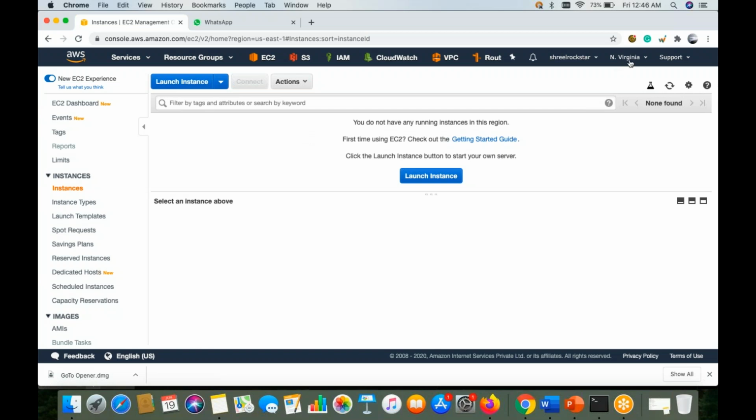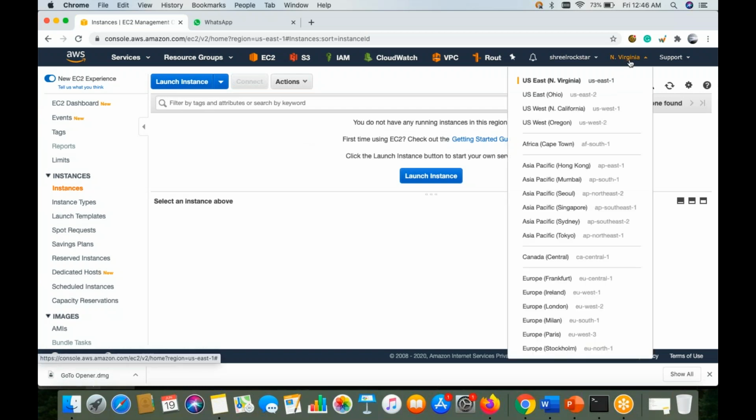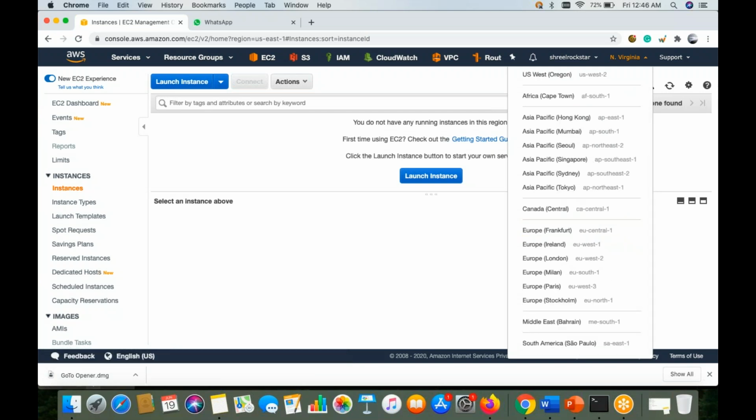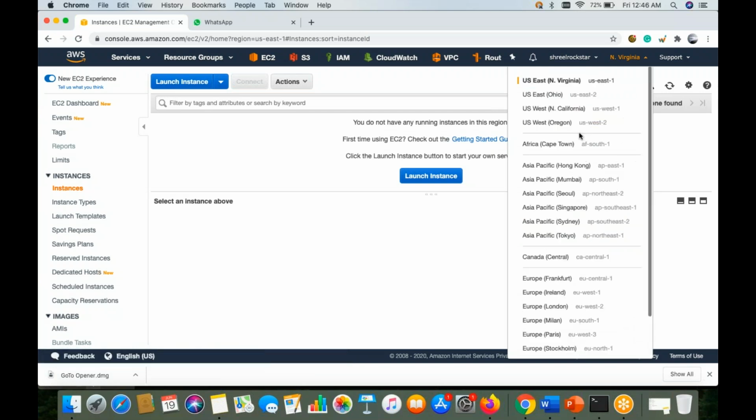So very first, guys, there are regions available, which we understood during the first session: US East, North Virginia, and Ohio, North California, Oregon. These are the country-based regions they have created for us. If I'm dealing with a customer from the US, then based on the nearest geolocation, I will choose that availability region. Then I will start creation of the server.